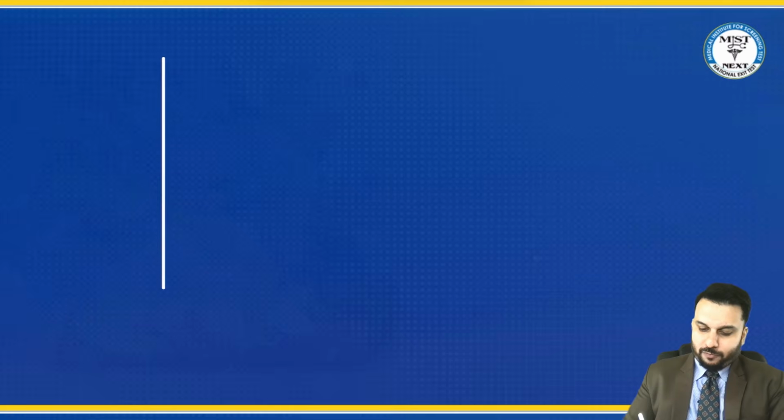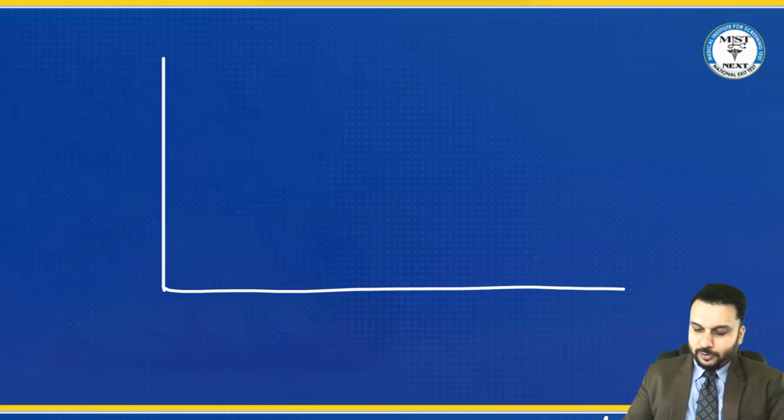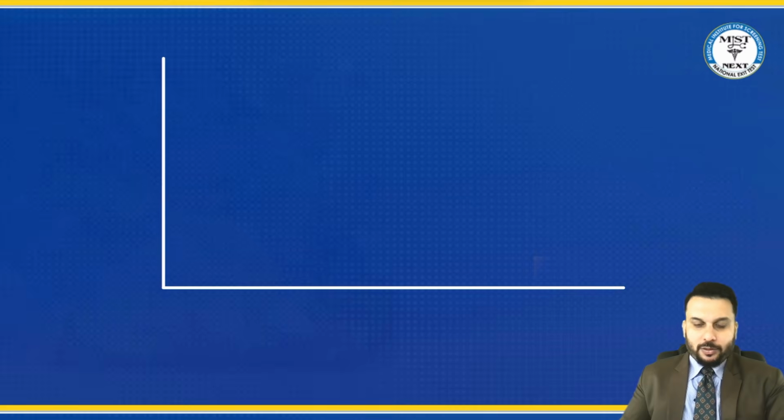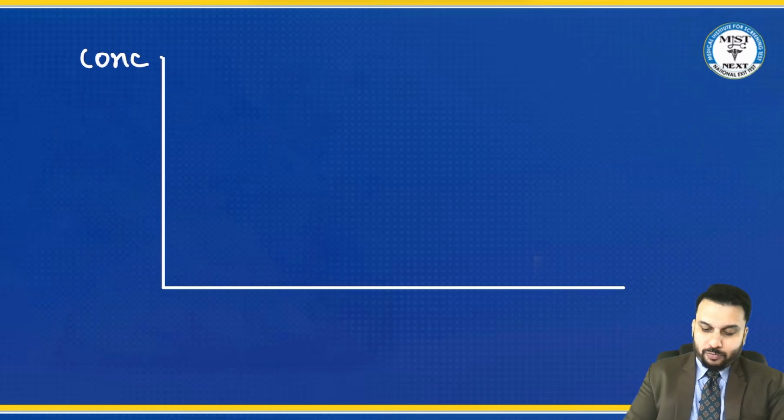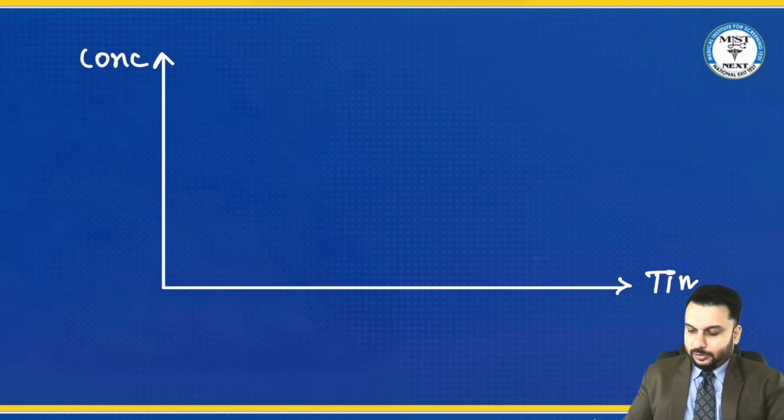Okay, so basically this is the idea that you need to keep in mind when it comes to the insulin. If we put it in the form of a small graph over here, now imagine this is the concentration of insulin, or the amount of insulin coming in your blood, in this direction, and this is the time on this axis.